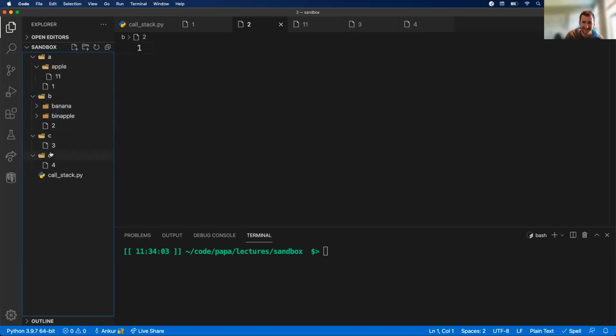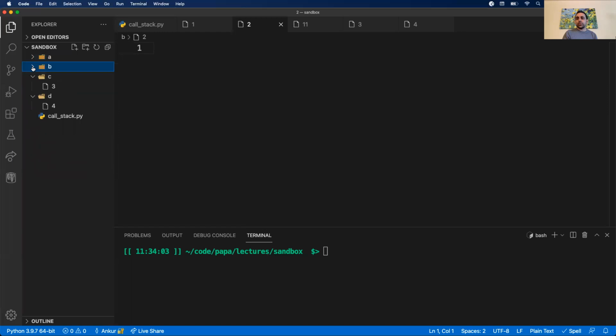Okay, so again, this is our file system. Let's say we need to search for something. Let's say we're looking for a particular value, right? Let's say we're looking for the value of 4. I want to find a folder or a file called 4. So what your operating system is going to do is actually going to search recursively in all these folders and then recursively go down to nested folders. That is the fastest way to do this. But you don't have to. You could do this